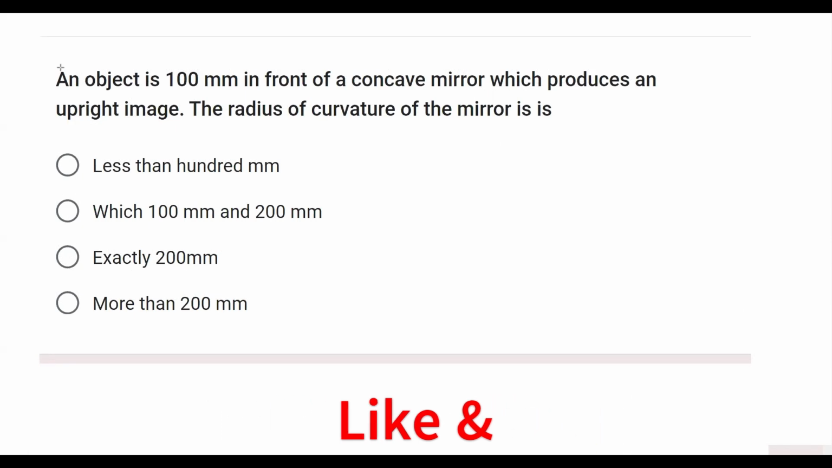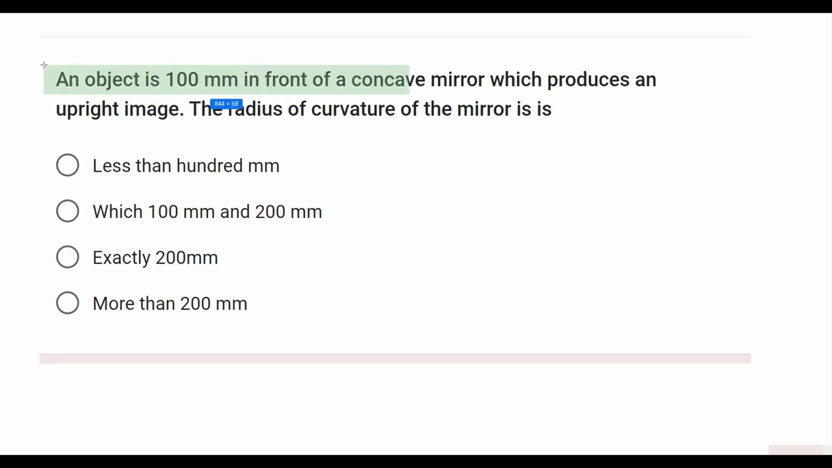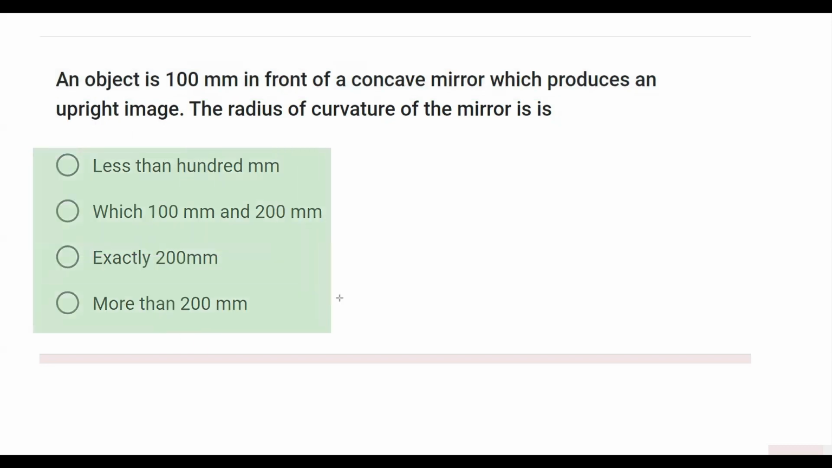In this MCQ question, it says an object which is 100 mm in front of a concave mirror produces an upright image that is virtual and erect. We have to obtain the radius of curvature, or to tell the radius of curvature will lie between which of these. Now let's say for that, if I make a concave mirror,